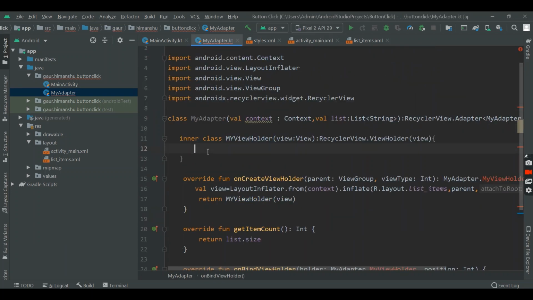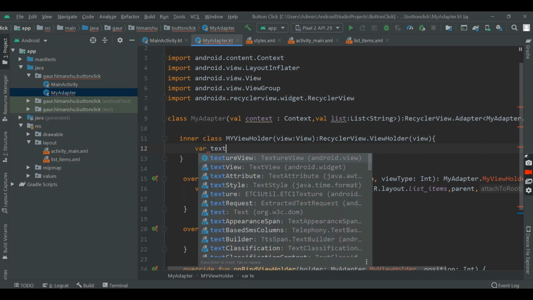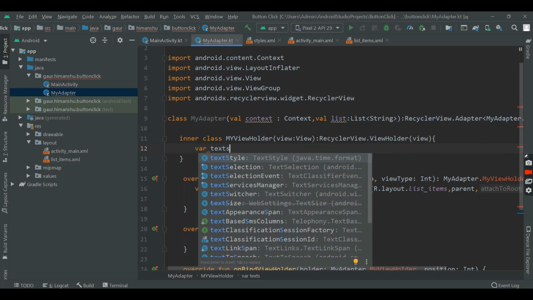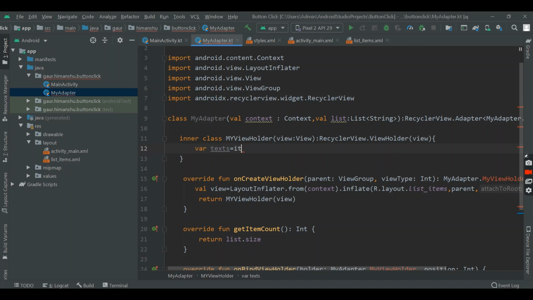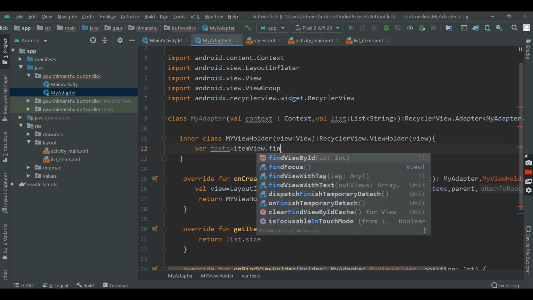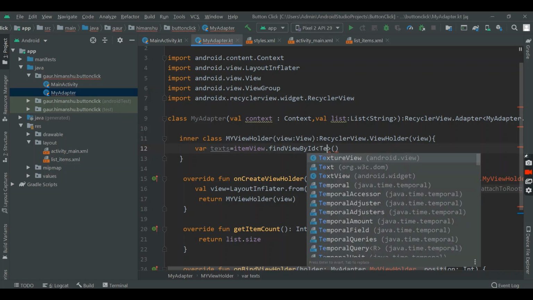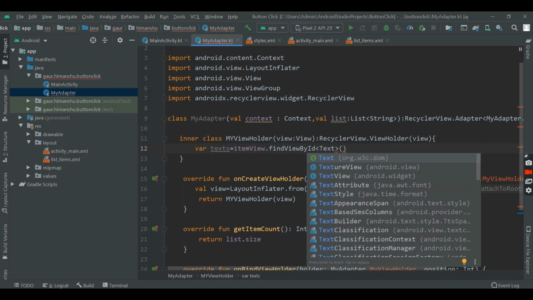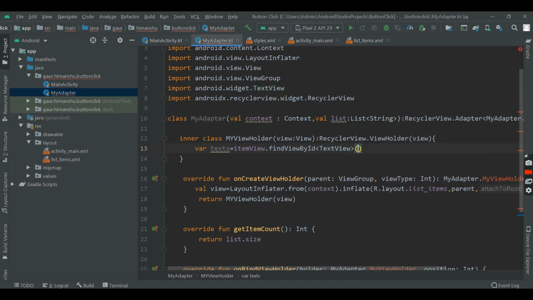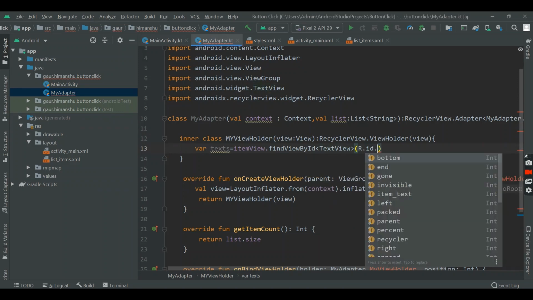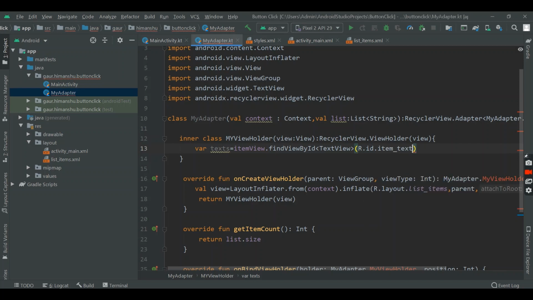Now go to your MyViewHolder class and create a variable of text. Here itemView.findViewById, and in our findViewById pass TextView in it, R.id.item_text. So now this variable gets the reference of this text view which we created in our item view.